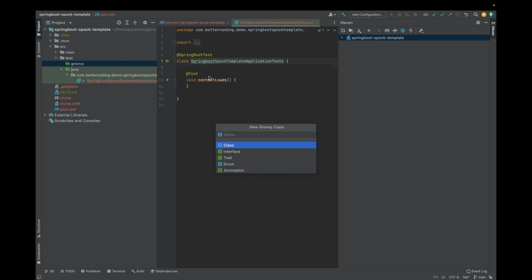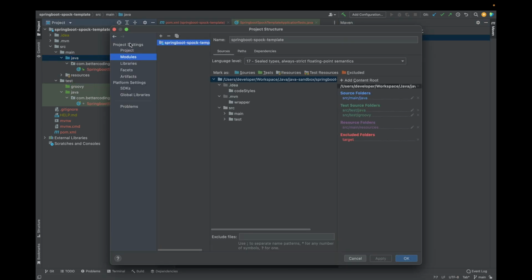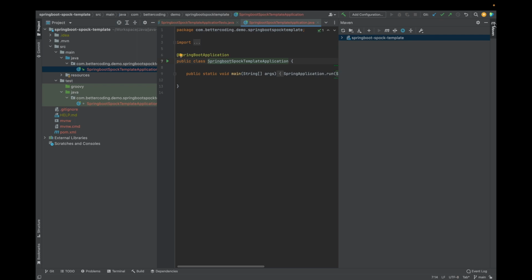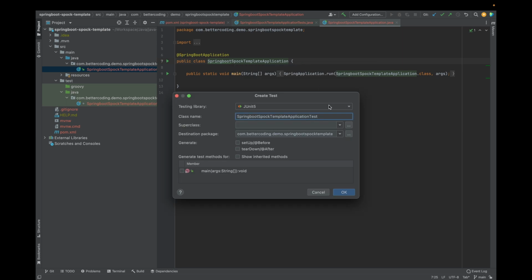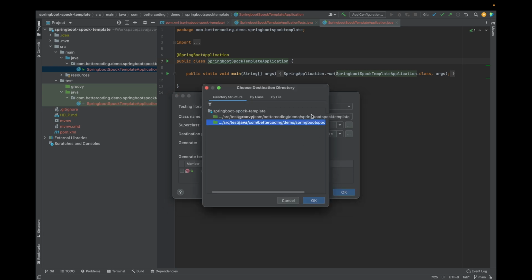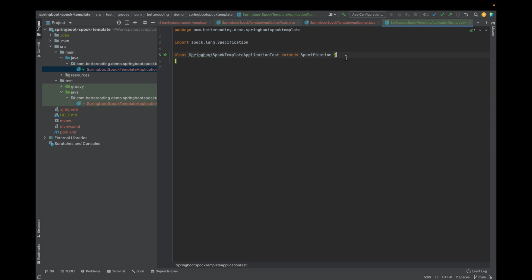So let's create a class, or even better, you can just open the application class and let's create test Spock. Okay, and let's create it in a Groovy directory. So let's create our first test. My first Spock